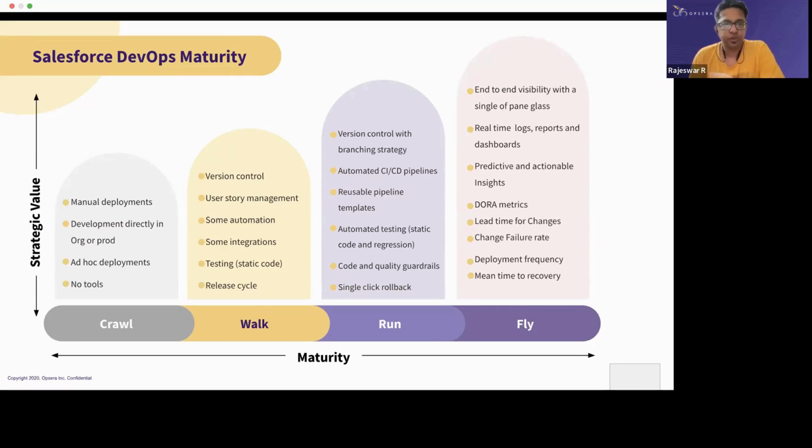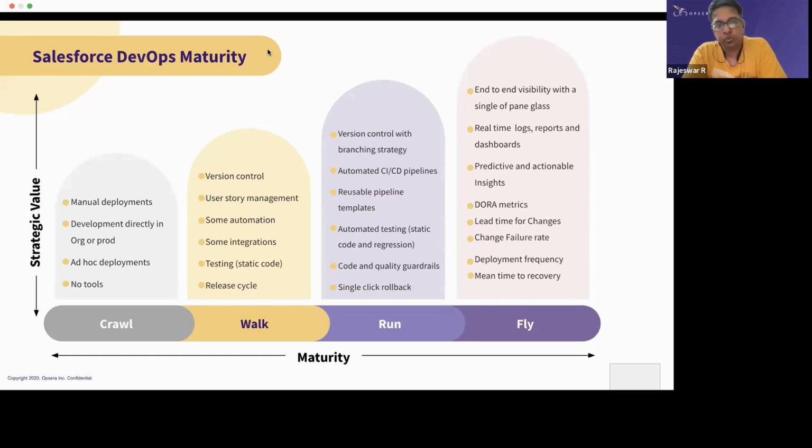Again, whatever DevOps maturity flow that we see here, as Punita mentioned, we have built depending on a lot of customer feedback and the way we've seen the deployment strategies being followed across many organizations. These are the different phases that we have formed, right? So you have crawl, walk, run, fly. As you can see, when it comes to walk, you have part of automation put in place, and when it comes to run, you have continuous integration pipelines, the automated CI/CD part, in place,